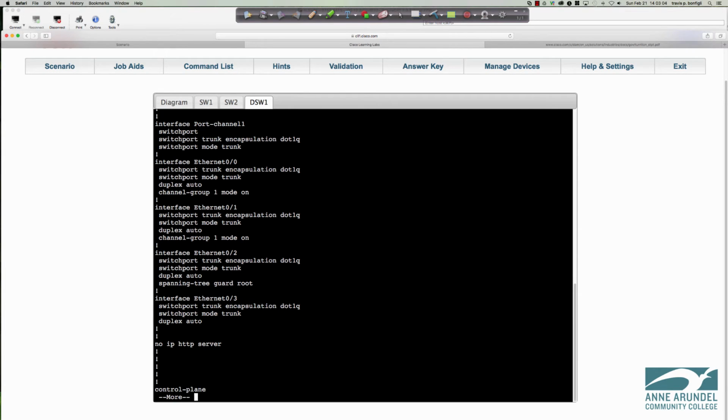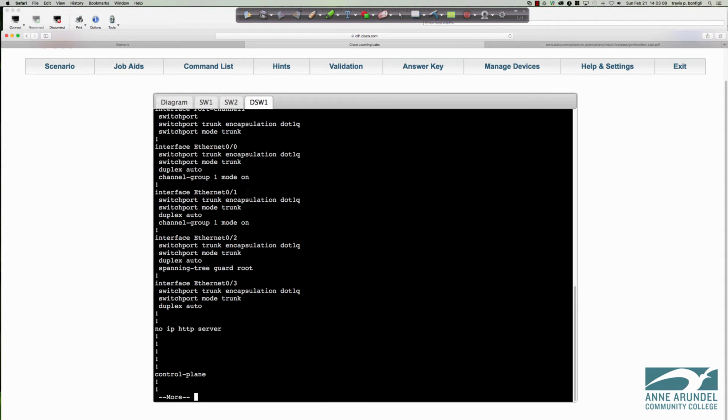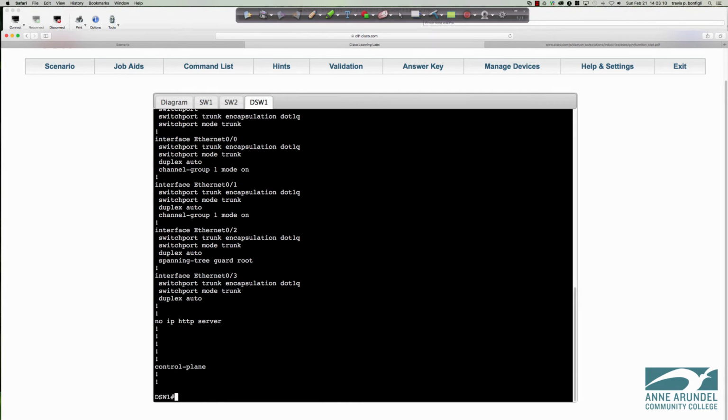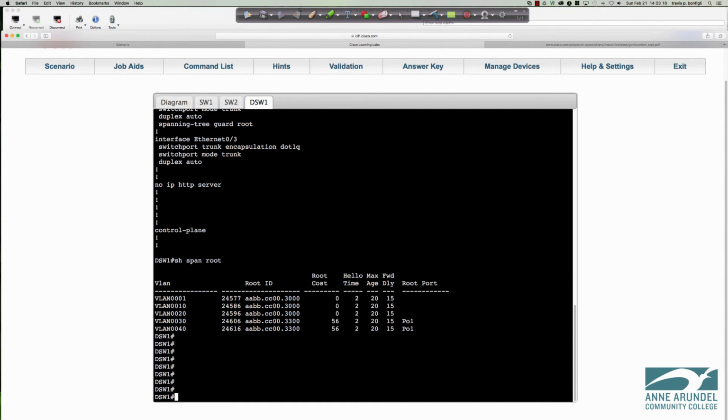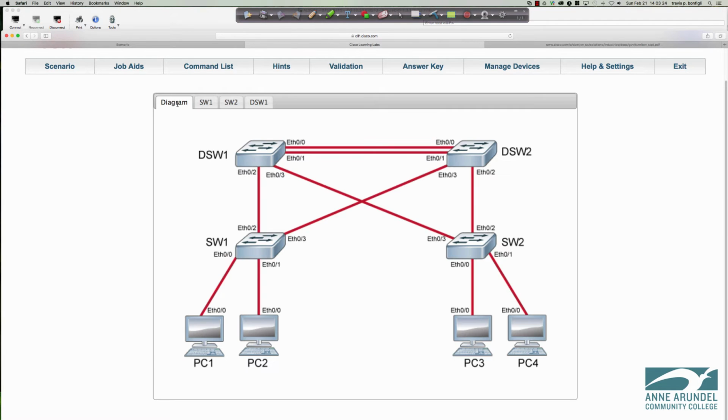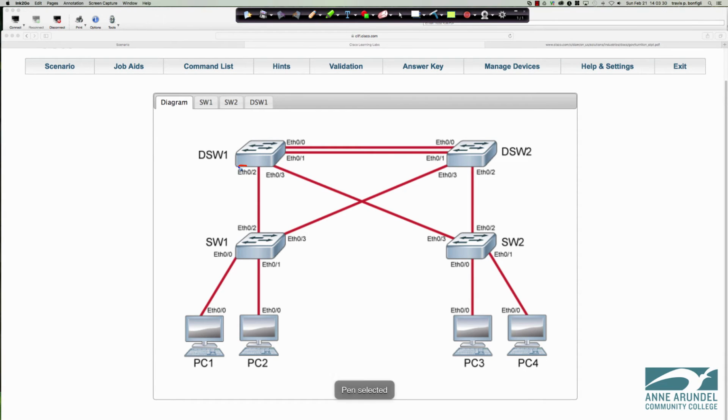However, I see it on one of the ports, but I don't see it on the other. Remember, if I were to say show spanning tree root, I am the root bridge for VLANs 1, 10, and 20. So I want to guard or protect my root status. On DSW1, in order to do that, I would want to make sure that root guard is on that